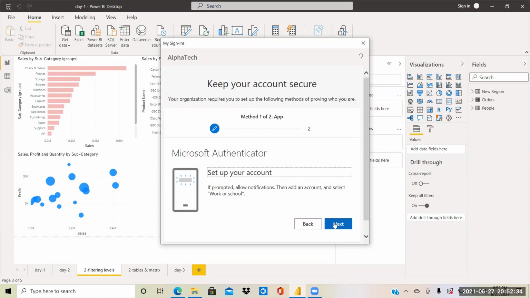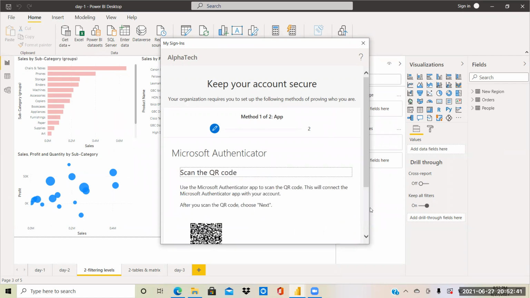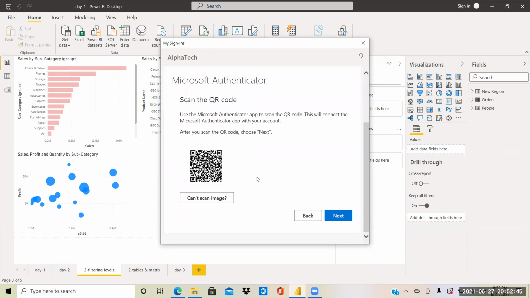No, you will have to install this only. Click on next. Just open and download that application. In your app store, you will find this Microsoft Authenticator application. Just install it, and over there it will give you an option to scan. So you can just scan that barcode from here. It will authenticate that, okay, you are the authorized user.